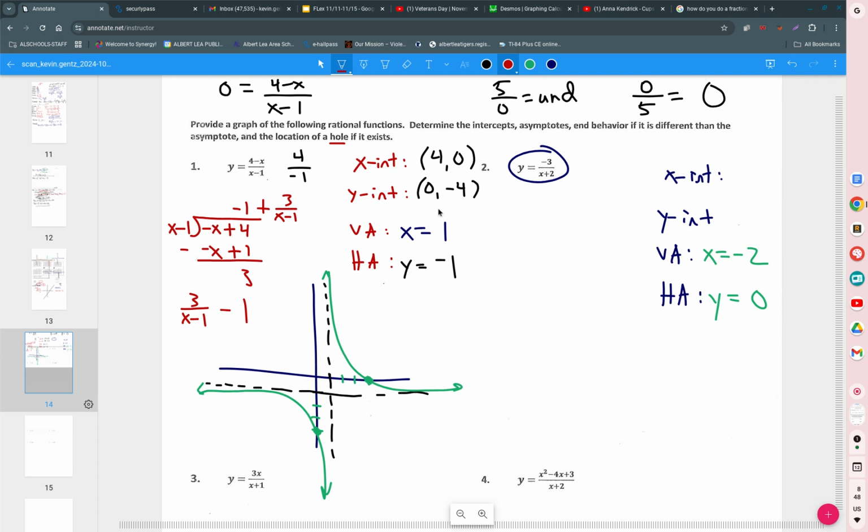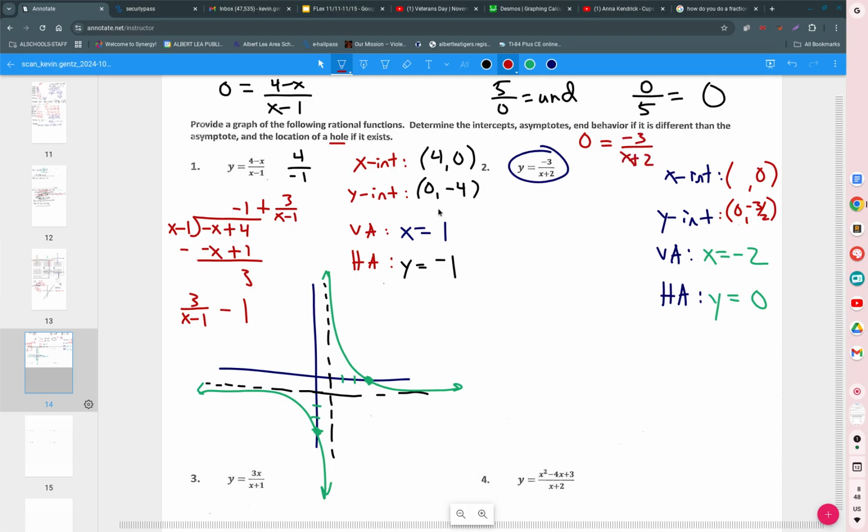The y-intercept happens when you plug in 0 for x. If we plug in 0 for x, we get 0 plus 2 is 2, so I get a -3/2. And for the x-intercept, that happens when y is equal to 0. So I want you to think about this. If y is equal to 0,